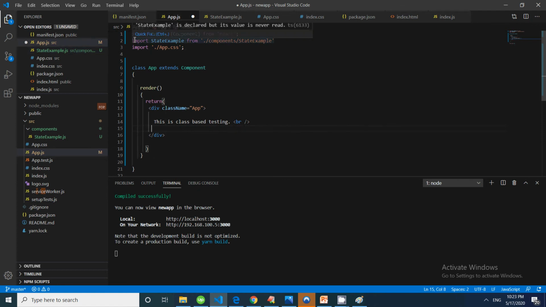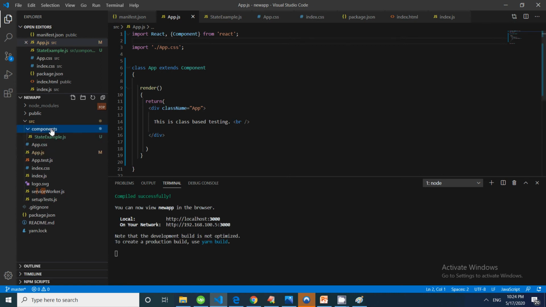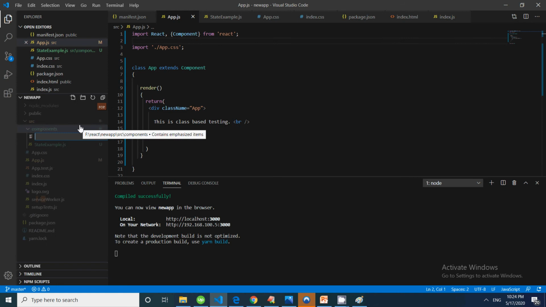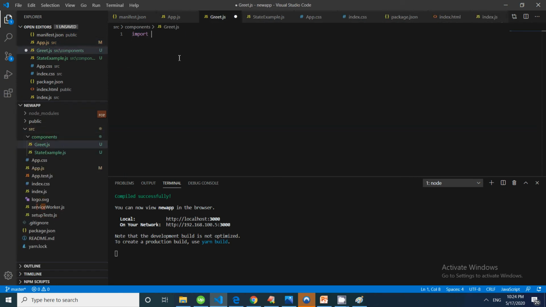I have removed this. In components, I will create a new function based component, greet.js. Now import React from React. It is a simple function based component; function based components are very, very simple. Since we are dealing with events, I will be creating a simple function, and my event,